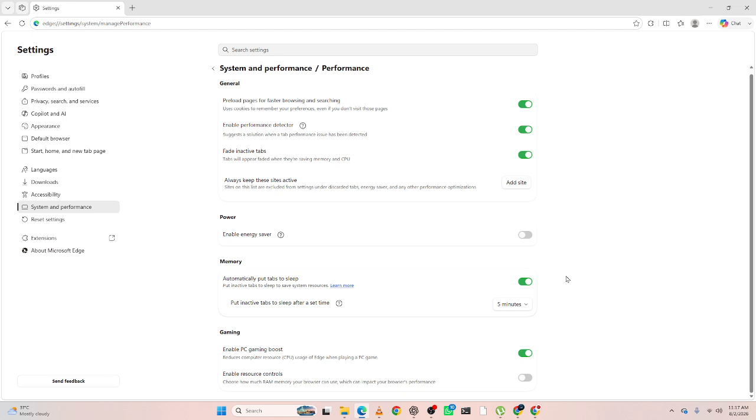For the best experience, combine sleeping tabs with efficiency mode. Regularly close tabs you no longer need, keep Microsoft Edge updated, and use tab groups or workspaces to stay organized. These features work together to improve both performance and productivity, and that's how to enable sleeping tabs in Microsoft Edge